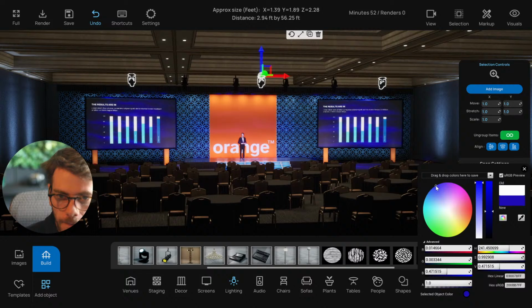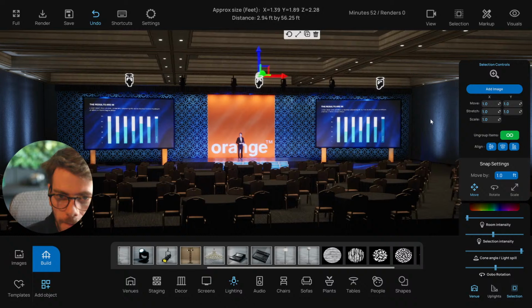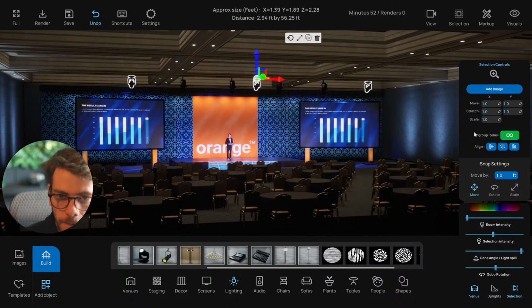Kind of is cool just sitting on the screens like this, but I kind of wanted a different shade of blue again. So let's get that similar blue, but then lighter or darker. And I can just